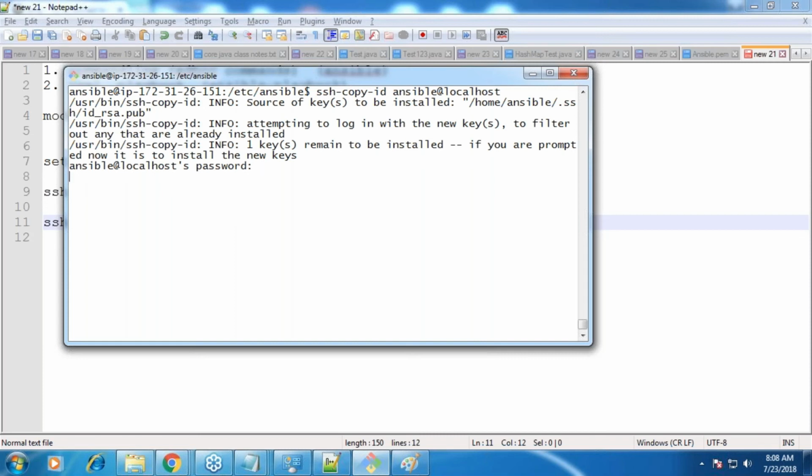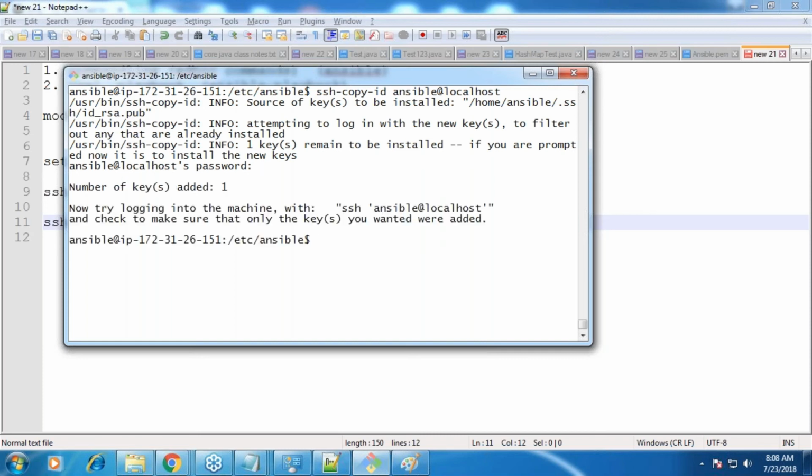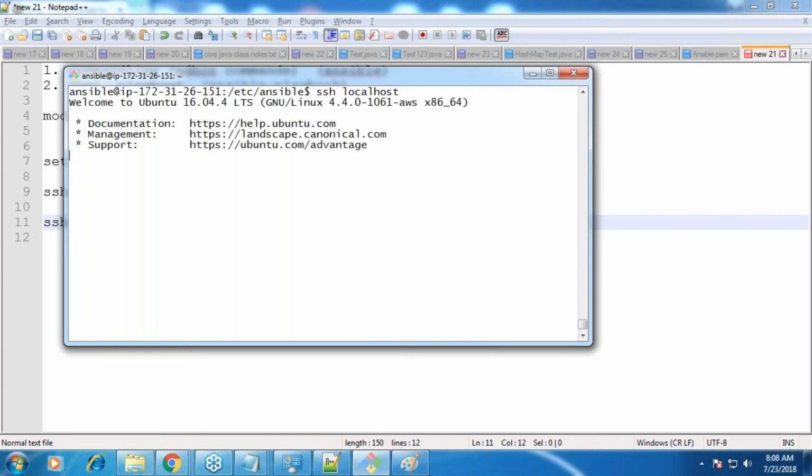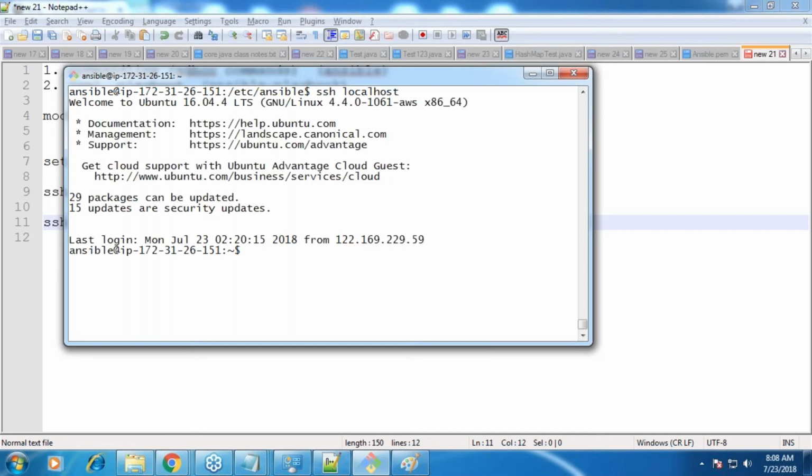So, what is Ansible's password? You enter this. Okay. Now, the best way to test this command is after this, once you have done this copy paste, if you do SSH, there is no need for you to give the username. Just tell the host name. So, what is the host name? If you do this, you should be able to log in inside that machine. Are you logged in? Yes.